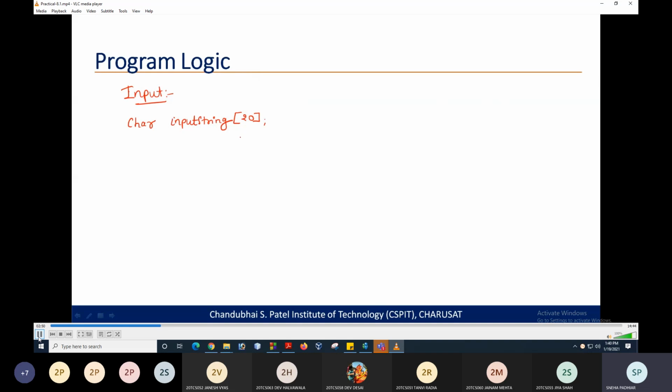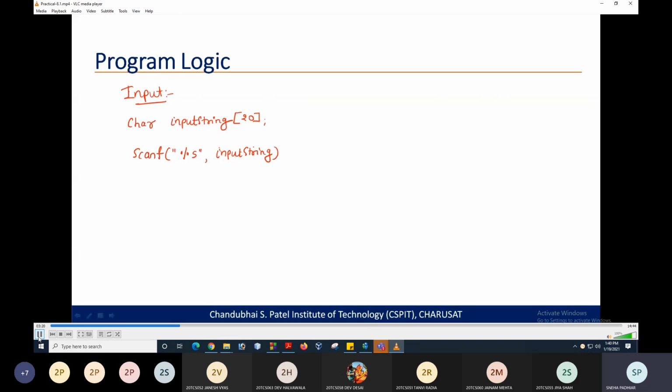And now to take the user input, you can either use scanf. For string, the format specifier is %s, and you will scan the input string. So this is how you are going to scan the input string using scanf.